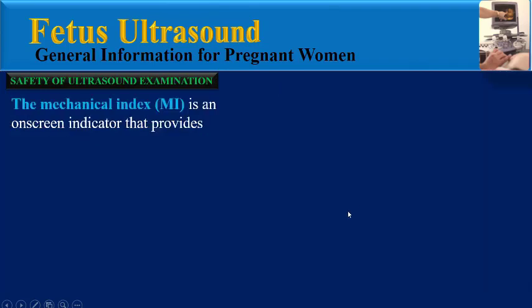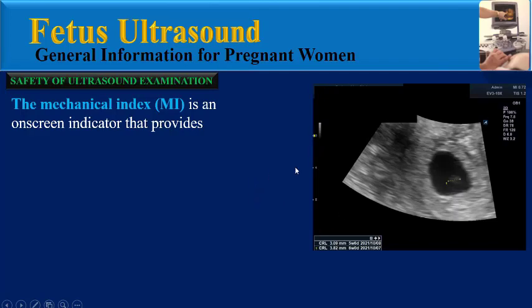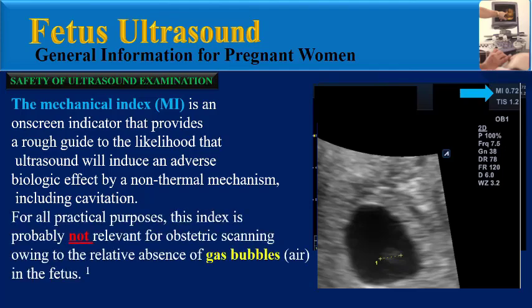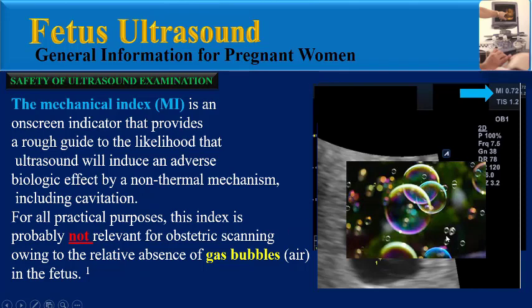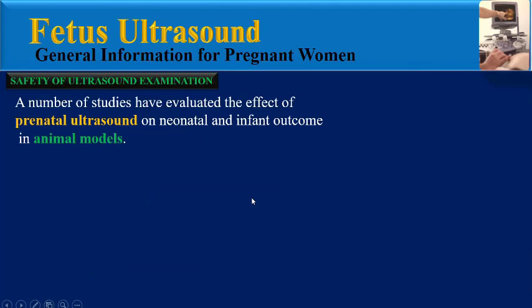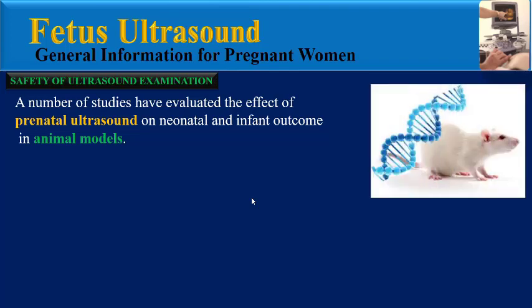The mechanical index is another on-screen indicator that provides a rough guide to the likelihood that ultrasound will induce an adverse biologic effect by a non-thermal mechanism, including cavitation. For all practical purposes, this index is probably not relevant for obstetric scanning owing to the relative absence of gas bubbles in the fetus. A number of studies have evaluated the effect of prenatal ultrasound on neonatal and infant outcome in